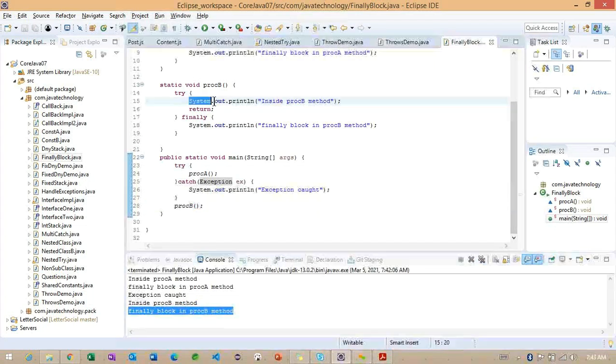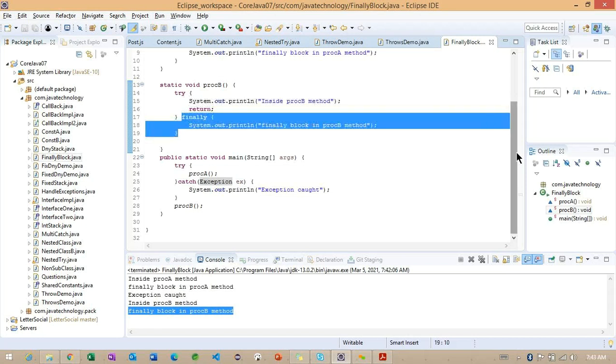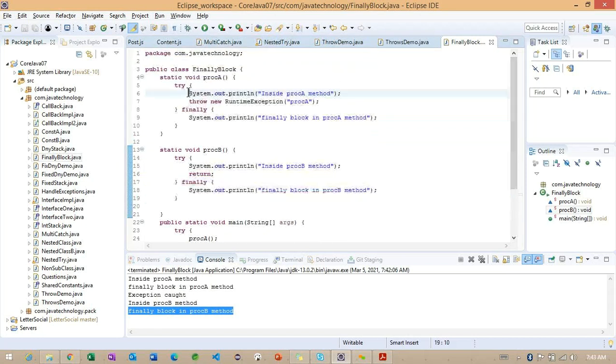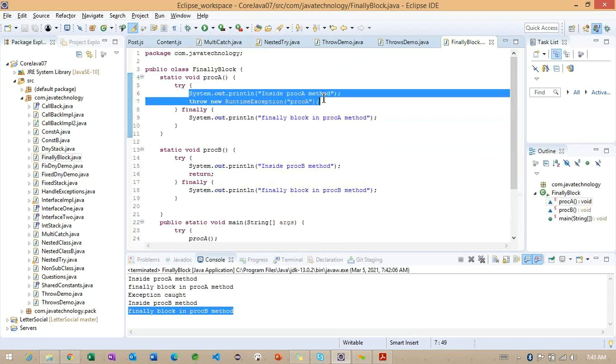So even if we are trying to return anything, the finally block is executing, and whenever we are getting an exception also, the finally block is executing. Getting the point? So this is what I want to explain. Whenever either getting an exception or without getting an exception also, the finally block is going to execute. Getting the point? So this is very important here.